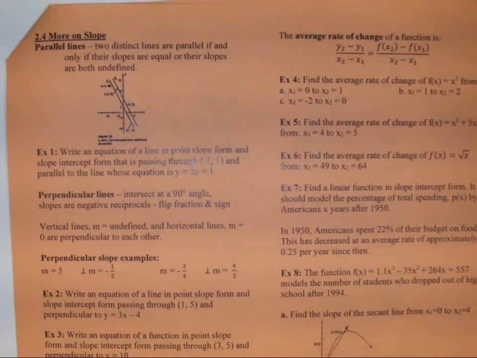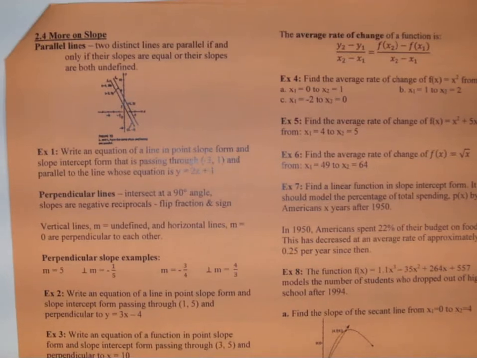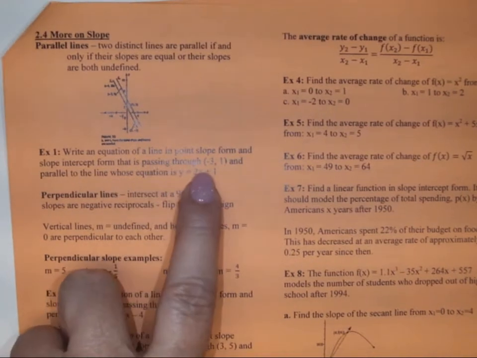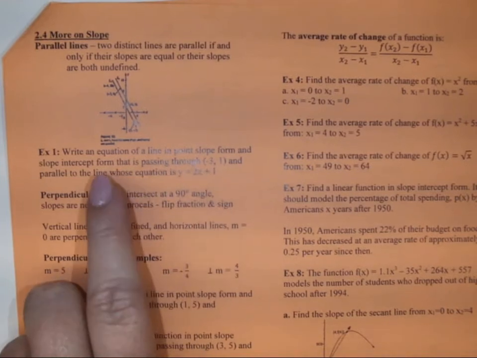It also says both undefined because their slopes aren't equal. They're actually equal to an undefined slope, and so they're not really equivalent, but they are both going straight up and down. So our first example, we're going to write the equation of a line in point-slope form and slope-intercept